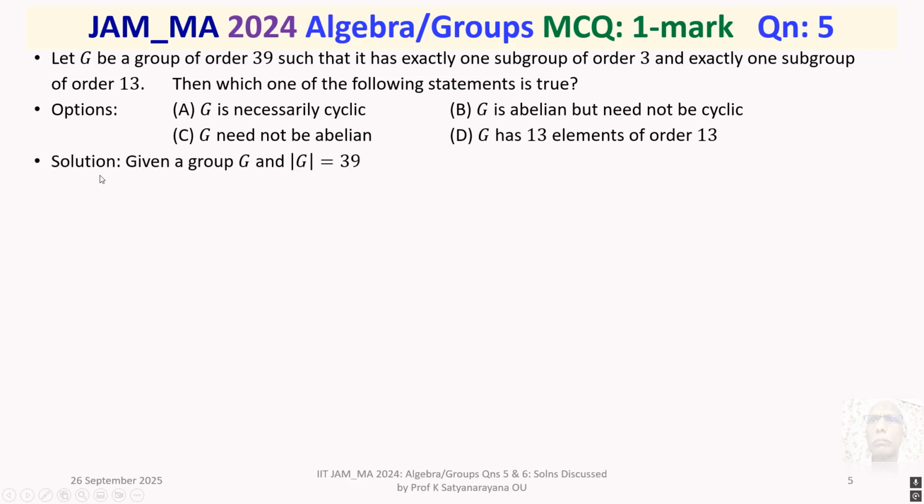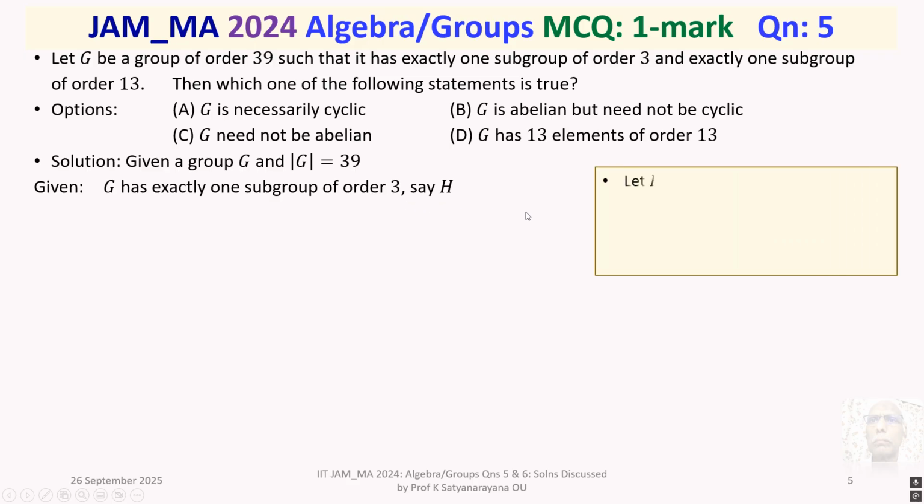Let's now discuss the solution of the problem in detail. We are given a group G. Its order is 39. We are given G has exactly one subgroup of order 3, say H. In our BSc, we might have